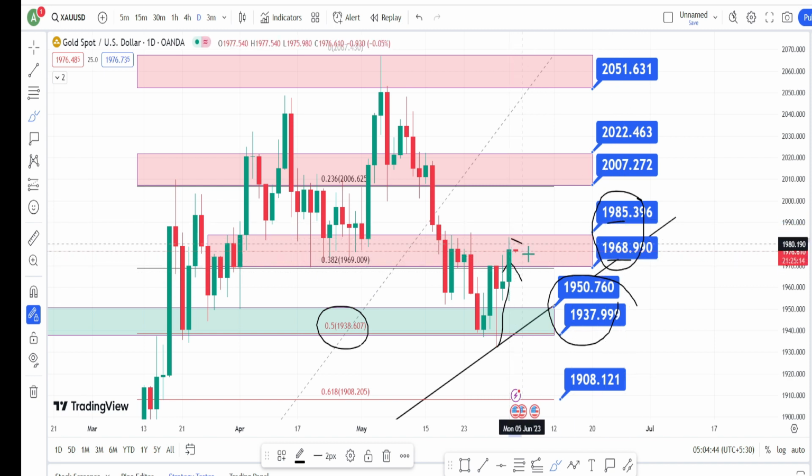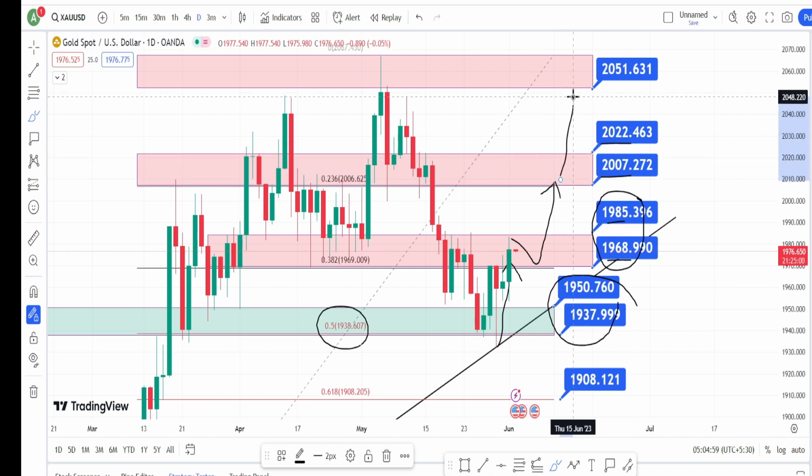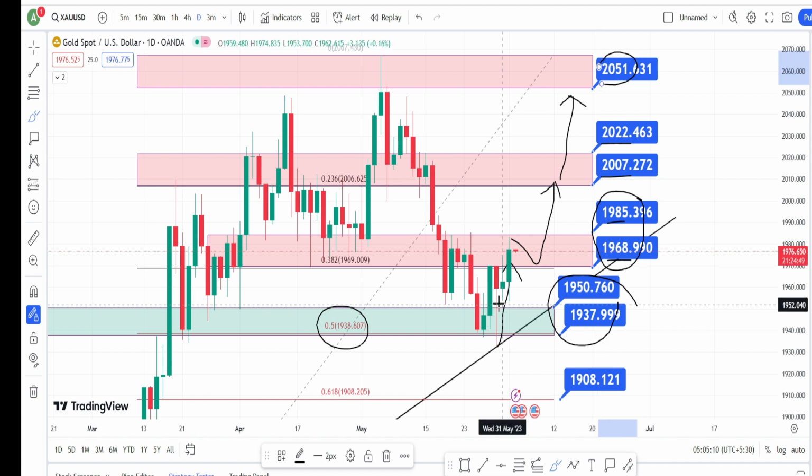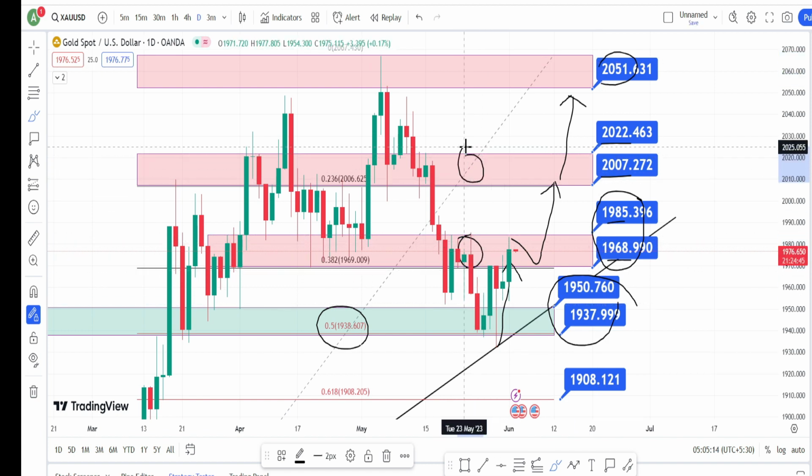Once the price action breaks this resistance level and continues its bullish side retracement, next level of resistance is going to be around 2007 to 2022. And once this level is breached, we can expect it to retest on the previous resistance level, which is going to be around 2050. And if the price action fails to break any of this resistance zone, we can expect